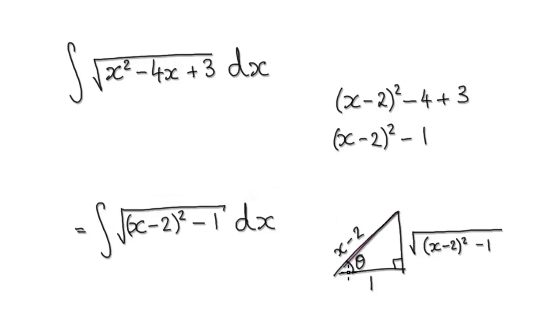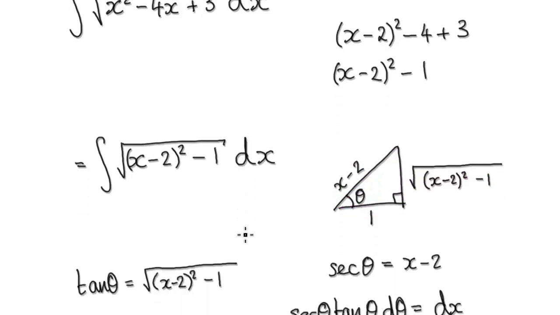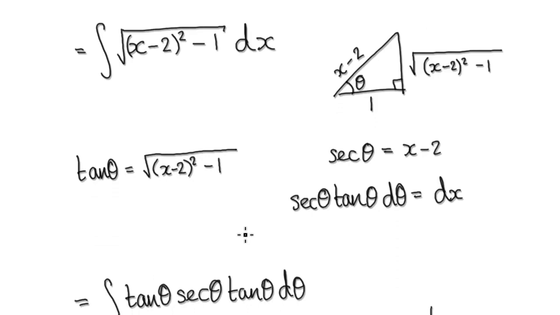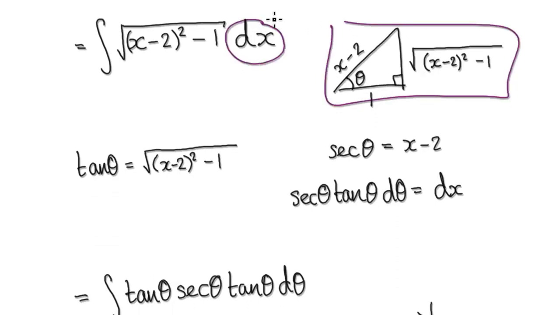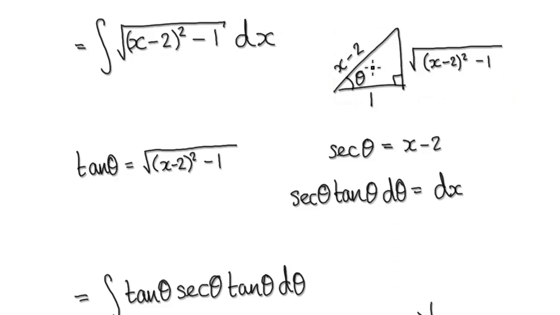Well, if you make the hypotenuse to be x minus 2, and if you make the adjacent to be 1, then the opposite will have no choice but to be this squared, take away this squared, and then square root the whole thing. So now from our diagram we need to extract dx. So looking at this,